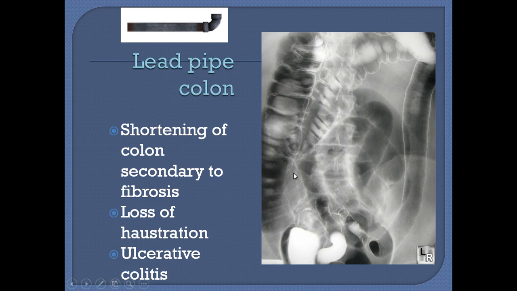Then again, barium enema, double contrast. You can see the rectum. You can see on this side the ascending colon, this is the transverse colon, and when you look on the left, there is a loss of the haustral pattern of the bowel loop, and it looks like a lead pipe, and it is also narrowed. So this is a case of inflammatory bowel disease, and you see this pattern in ulcerative colitis.